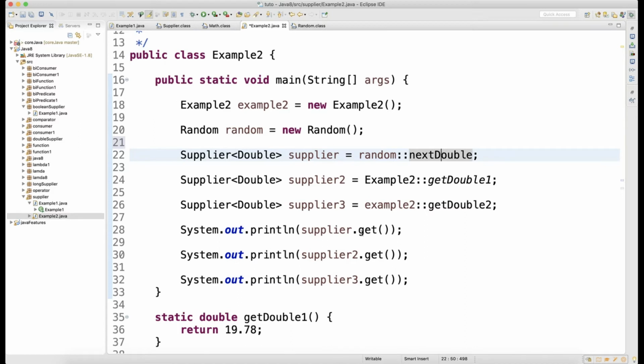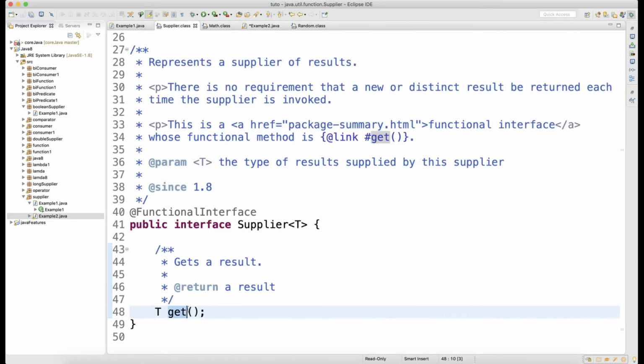here and I can write a function. So this is my class. From this class I want to call a non-static method. So on this object reference, if I write this double colon, I can call the non-static method. That's how I can do that. So this double colon is nothing but you are writing the implementation of this get method.